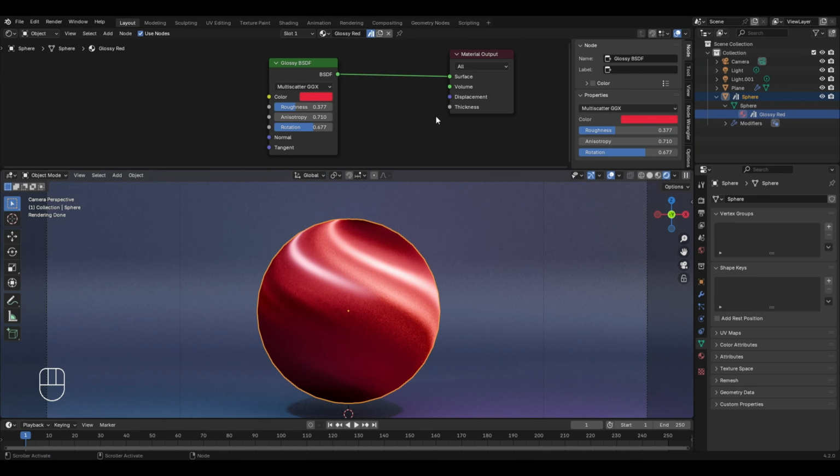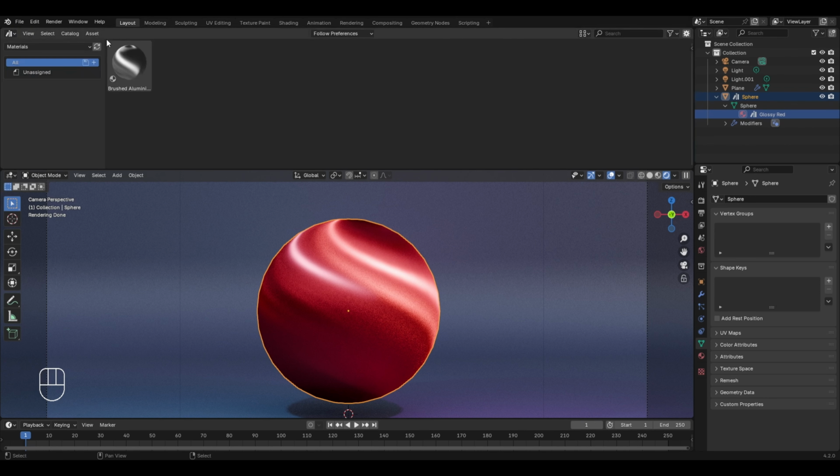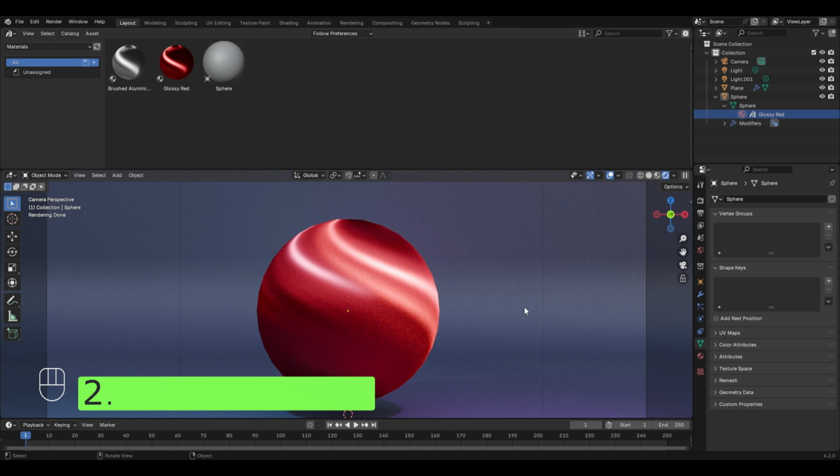Now to view the material library, I'll change this window from the shader editor to the asset browser. Now click on the refresh button, and here we have the brushed aluminium material that we created in the last chapter and this glossy red material that we created in today's chapter. And after this, let's now move to the next topic of this chapter, which is understanding the Diffuse BSDF